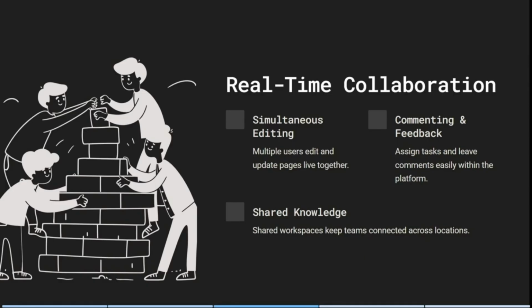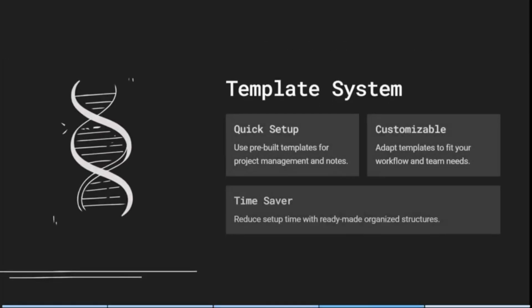You can assign tasks and leave comments easily within the platform, and you don't have to do any follow-up emails to ask if this person got that and if they were updated on this. It's all done for you in one space. You can actually also share your workspace, and this keeps teams connected across all of your locations if you have remote teams. It also has a template system, so you can use pre-built templates for project management as well as